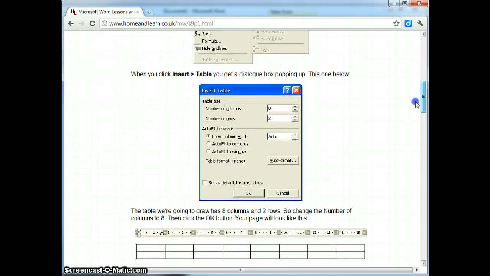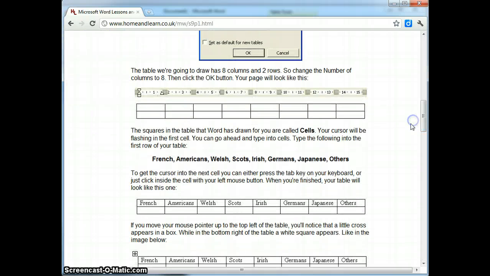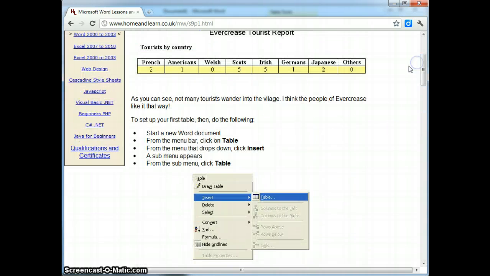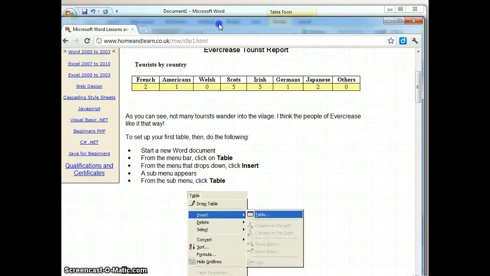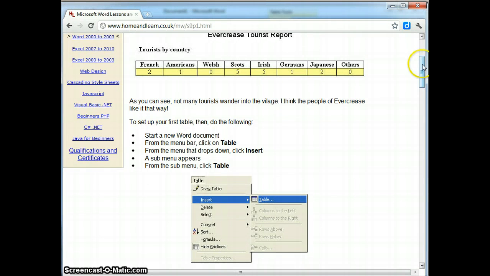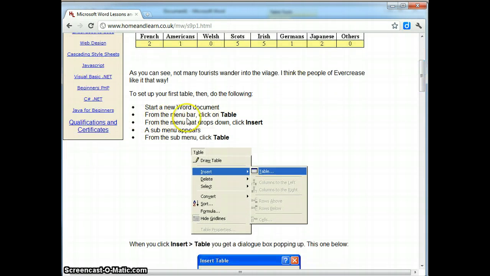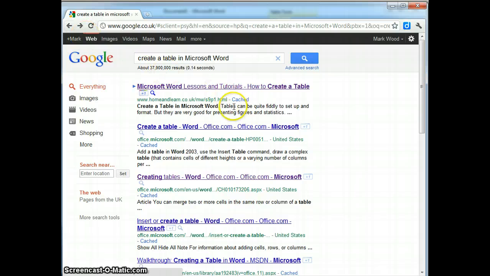That's right, this help tutorial does not show me how to solve the problem in my version of Microsoft Word. You can clearly see that the version used here is an old version of Microsoft Word, and I have a new version of Microsoft Word. So, although that is some very good and clear instructions with step-by-step text and pictures to illustrate what I need to do, it's not actually the right version of Microsoft Word that I want help for. So I might go back and continue through my search.